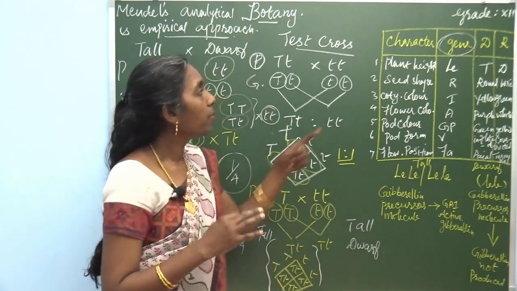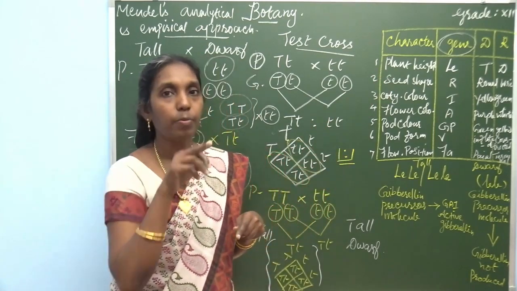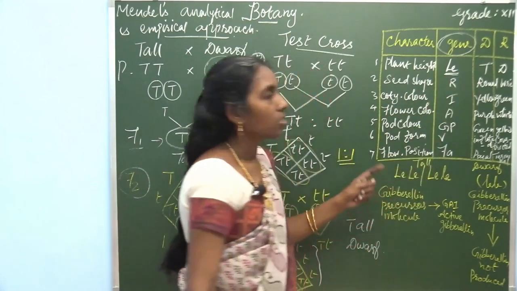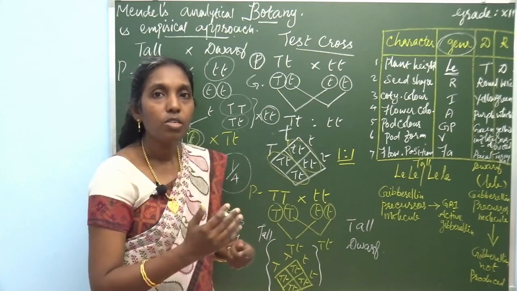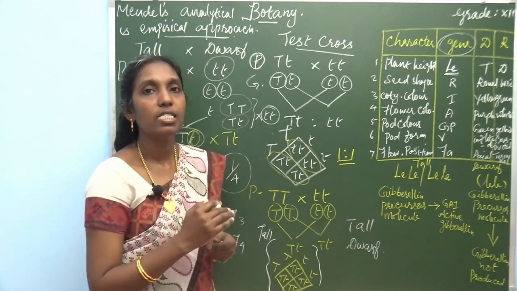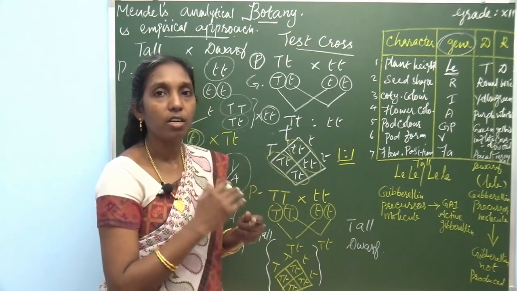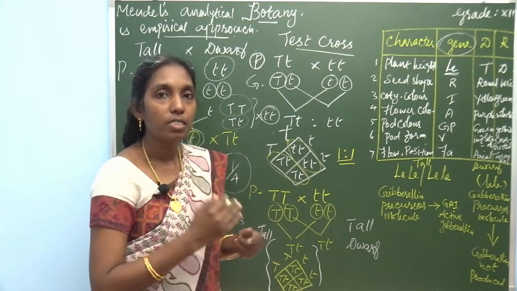So, you just remember this plant height, that is length. So, we can remember the first letters L and E, length of the plant. So, LE is the gene present in it, which encodes the enzyme which synthesizes gibberellin. So, the gibberellin precursor, the synthesizing enzyme, converts gibberellin precursor into